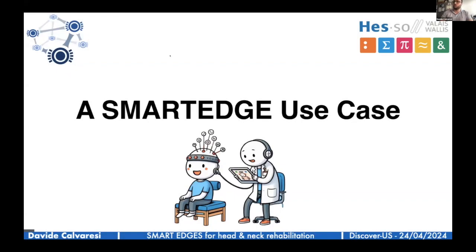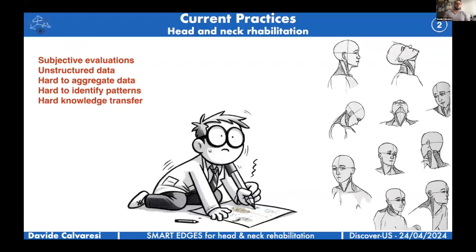Hi everybody. What I'm going to present now is the fifth use case of the SmartEdge project, and is about head and neck rehabilitation. Before diving into the technology, a very brief mention of why we have tackled this